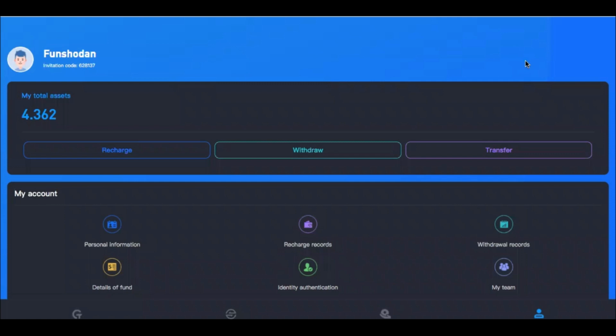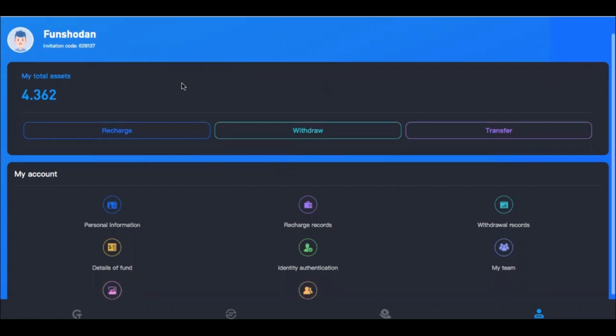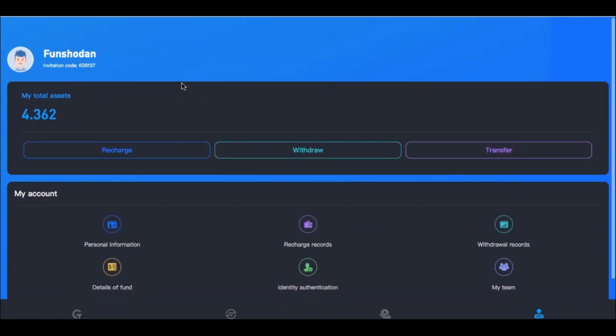Okay, so having said that, like I said, I'm just briefly going to be showing you how to make a deposit on your COPT dashboard, and then you start trading. So, okay, this is my back office, and as you can see, records of my total assets. If you haven't watched the first and the second video, you can take the time to go and watch the introductory video and a video showing my dashboard on the second part of it, going into more details on my transactions and showing you my journey. But this one is just strictly to show you how to make a deposit and start trading